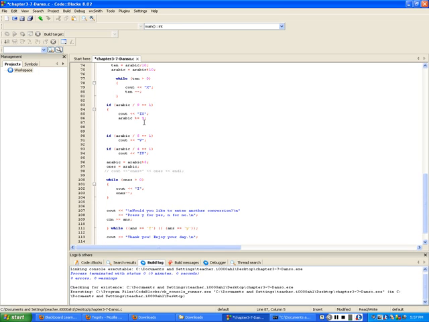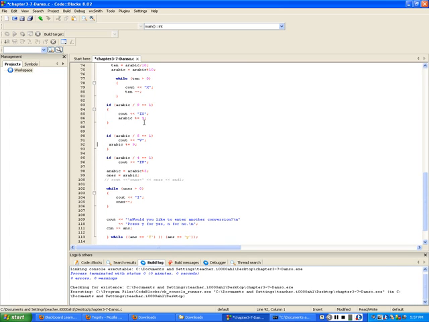So that's going to take care of 9. Now we have to add it for all of them. So this one is going to be %= 5, and this is going to be %=